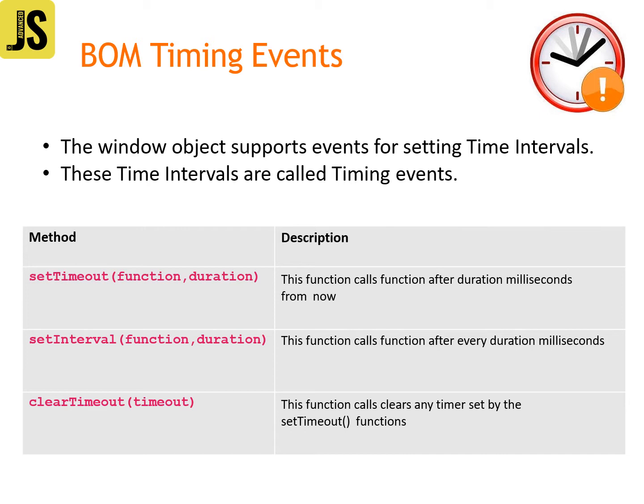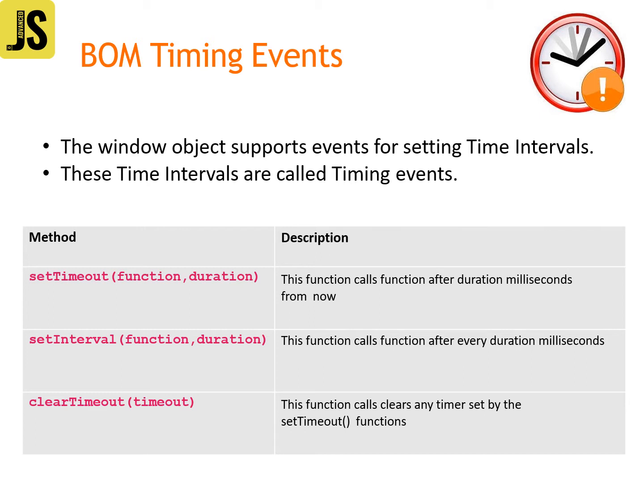Now we can see what functions can be used for setting the time events. We mainly have three methods: setTimeout function, setInterval function, and clearTimeout function. We will see the first one, setTimeout. setTimeout is a function which takes two arguments. The first argument is a function call and the second is a duration value expressed in milliseconds.